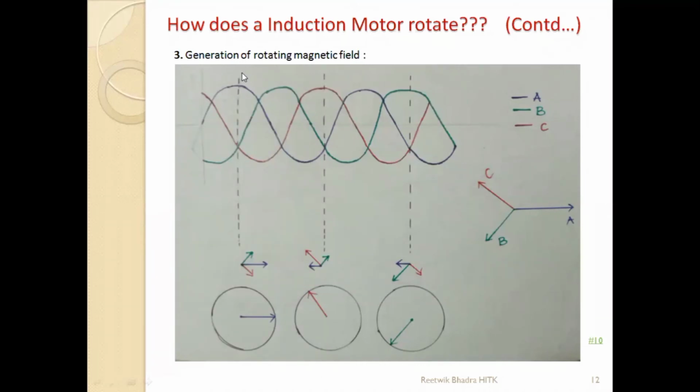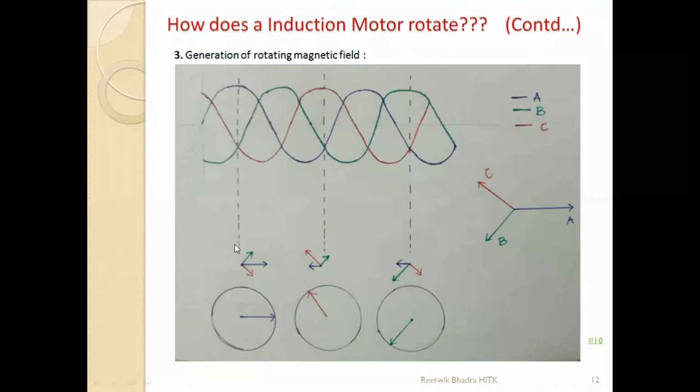Okay. See, I have taken some values over here, these points. Why have I taken them? Because this is the peak over here, this A peak, the blue line A is at peak, and the other 2 points, B and C, are intersecting over here, having the same value. Other points of study can be made by you, no problem. But I just need to show that my magnetic field is rotating in nature. So I've shown you 3 points.